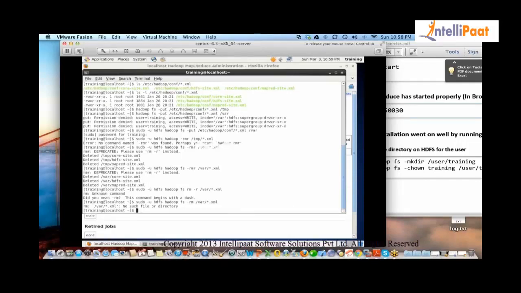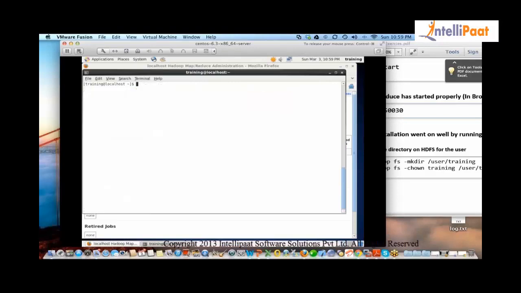If you don't use the recursive option, for example if there is a directory Upendra, and inside Upendra there is another folder called Ravi, you'll have to go to each and every directory and delete it. Remove will work, but it'll do a single directory and will not be recursive. So you understood the access points. As a user you have access to user training and any folder that is relaxed, but otherwise you'll not be able to do anything outside it. Clear? Exactly similar to the Linux file system.